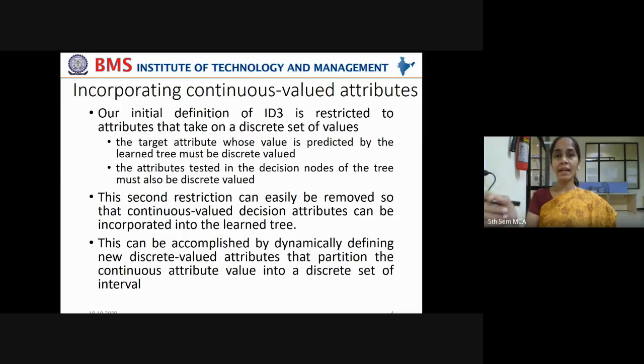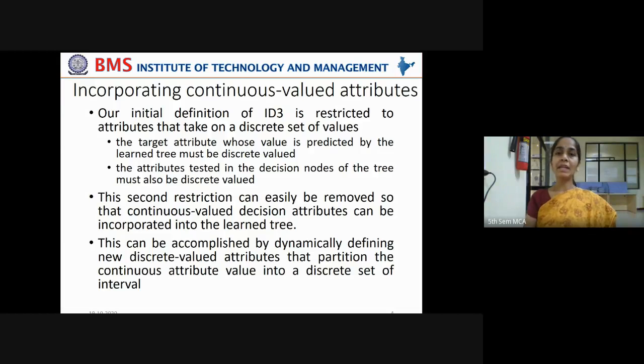Again, between 80 and 81, you have 80.1, 80.2, 80.3, up to 80.9, right? It is continuous. You can't have a clear cutoff between the two values 80 and 81, right? This is called continuous valued data. So in order to make this continuous valued data be incorporated with decision tree learning, what has to be